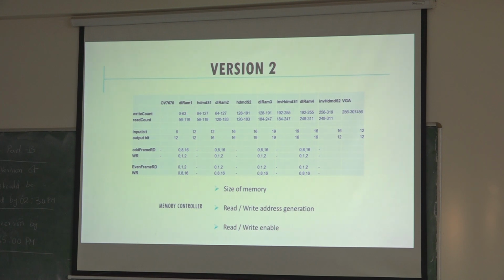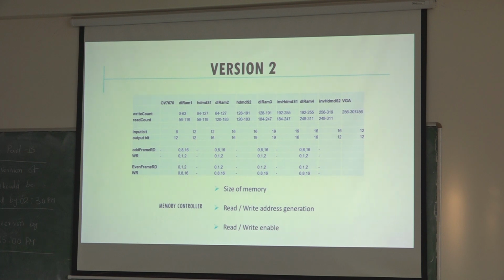So after 63 it will start. This is for the write count, but the read count is 56. So at 0 it will start writing, at 63 it will finish the first. At 56 it will start reading, at 119 it will finish the first for the read count. But for the Hadamard transform, 64, this was the first shift I said. At the 64th clock cycle, the first Hadamard transform functionality output will be obtained. This is not reading, this is writing.